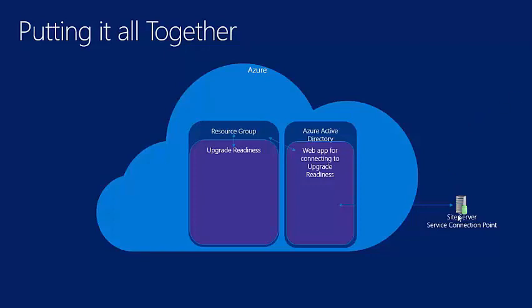And so the ConfigMgr site server has the service connection point, has DMP Downloader. It will go out and connect with Azure using the web app that we've configured and put into the connector properties. The web app exists within an Azure Active Directory. We have permissioned the web app so that it has access to our resource group, which contains the Upgrade Readiness piece. Probably more realistically, I should have changed this so that the Upgrade Readiness piece is contained in the